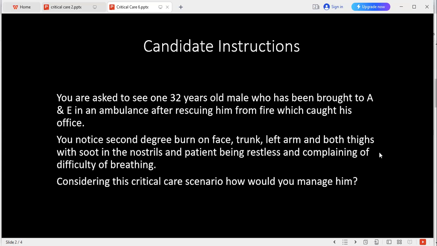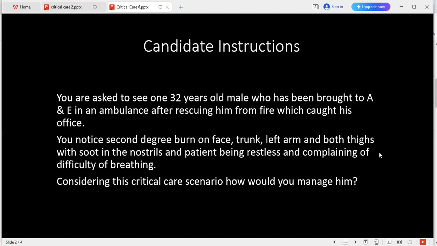Okay. So if you have read and understood the critical care scenario, please tell me how would you manage this patient now? As the patient is born, I will manage this patient according to the advanced life support protocol. Following the A, B, C, and D protocol,